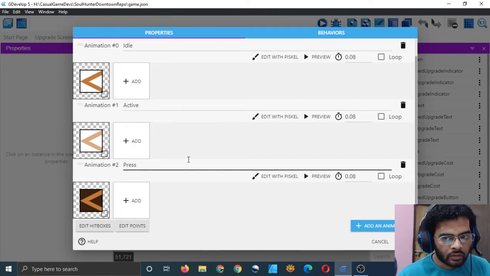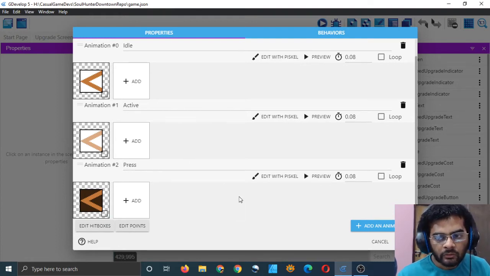And unless you click on save, it will not create any new file. In the beginning I said that when you duplicate, it creates a new file. That was wrong. Unless you save, it will not create a new file, so that's something to take care of. That's important.